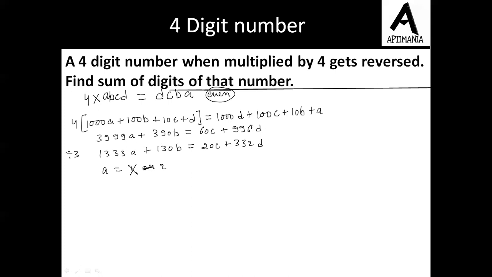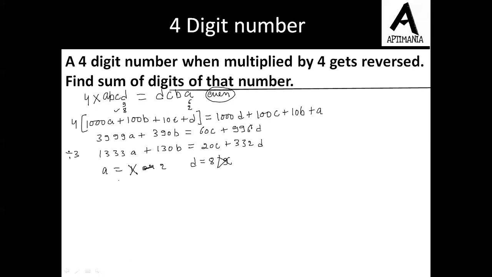Now if the value of A is 2, the value of D can be either 8 or 9. Not more than that, because it is a 4-digit number only. Now let us assume the value of D is 9. Now 4 into 9 will end up in 6. But the value of A is 2. And if we assume the value of D is 8, so 4 into 8 will end up in 2. So this is the correct option. Fine. So we can ignore this value as well.